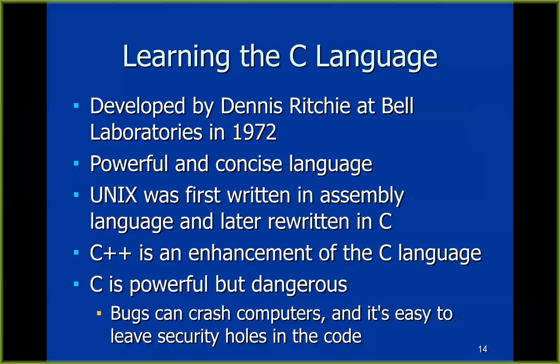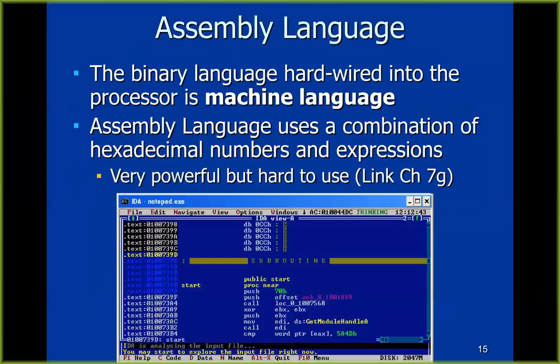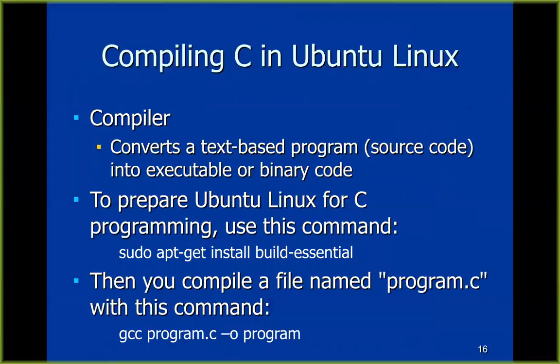C is very close to writing machine code directly. So assembly language looks like this. You have public start, proc, near, push, push, call. Each command just moves 8 or 16 or 32 bits around from one place to another. It takes thousands of commands to do something simple like open a Word document and display it on the screen. And so nobody really wants to write assembly language. You want to write a high-level language and have the computer write the assembly language from it, and that's what most people do. But if you want to hack into machines or really get to the bottom of exactly how they work, you have to use assembly language. So the compiler is the program that turns your human-readable high-level language like C into executable binary code.